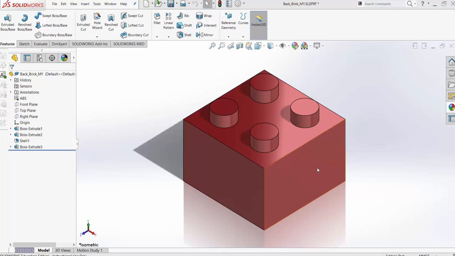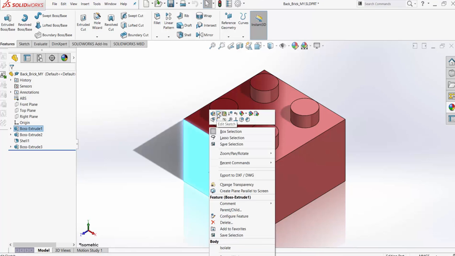This video demonstrates how to create custom lettering on a Lego brick. So suppose I have a brick here, it's a 2x2 brick. First thing we're going to do is create a new sketch on the face showing right here. So I'm going to right click on this face and select the new sketch button here and